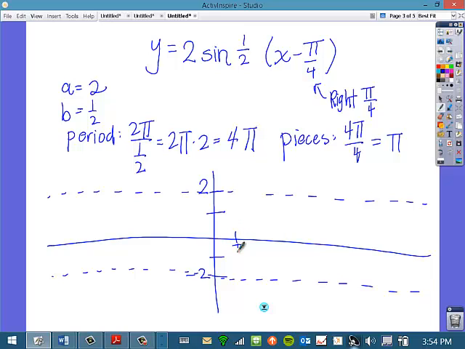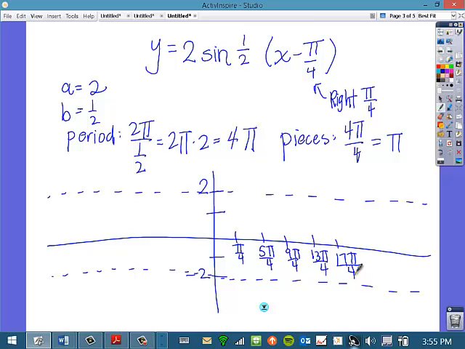So we're going to start with pi over 4. And we're going to add pi to get our pieces to complete one period. So if I add pi to pi over 4, that's the same thing as 4 pi over 4. Pi plus 4 pi over 4 is 5 pi over 4. 5 pi over 4 plus 4 pi over 4 is 9 pi over 4. 9 pi over 4 plus 4 pi over 4 is 13 pi over 4. And 13 pi over 4 plus 4 pi over 4 is 17 pi over 4. So that is